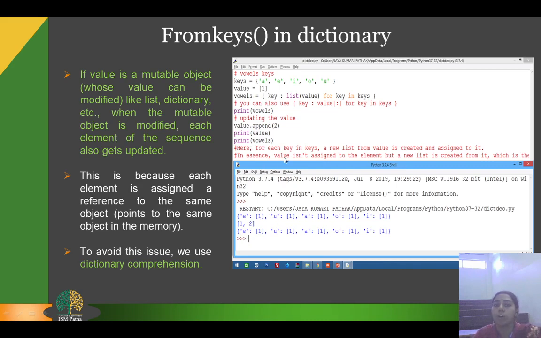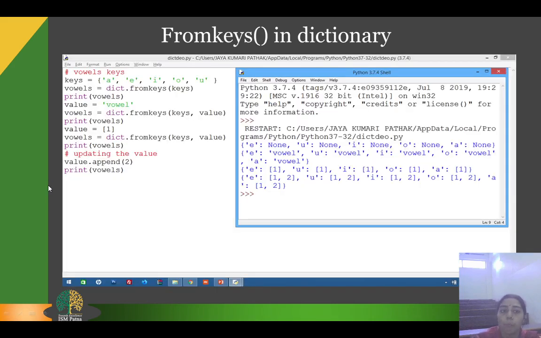The value does not get updated. So this is the effect of dictionary comprehension. Dictionary comprehension is used to eliminate the limitations of using these techniques, which is demonstrated in the example.